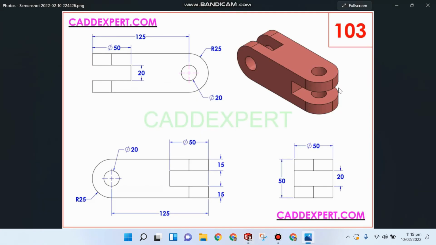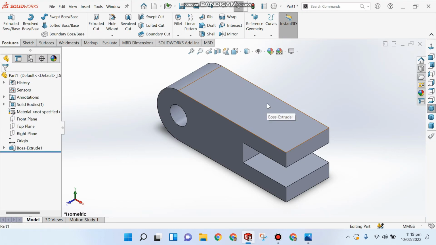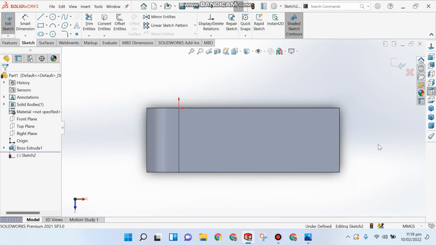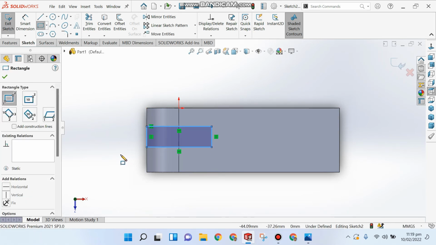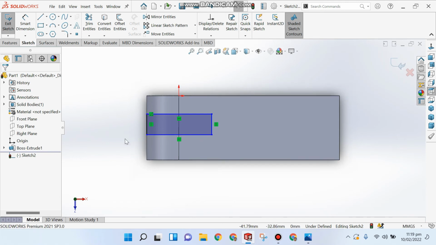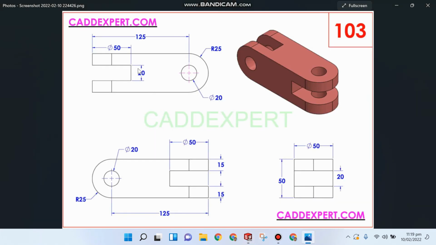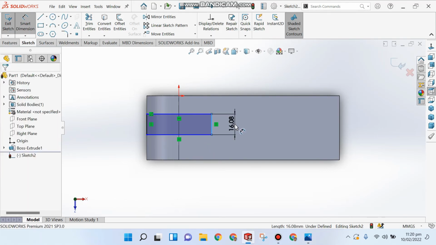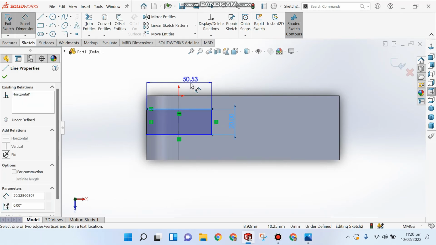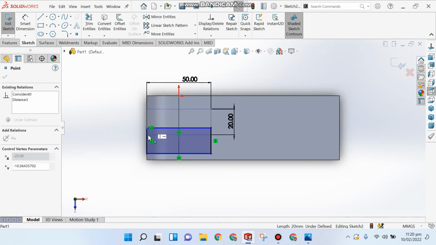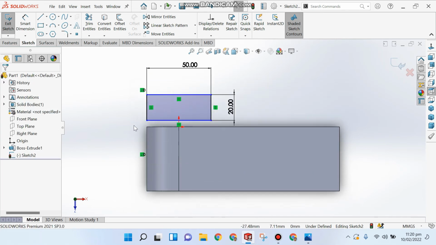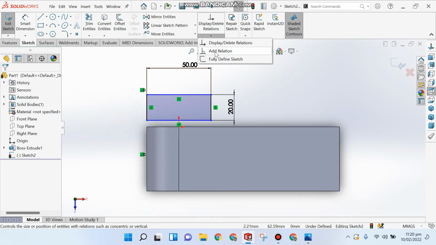so this fillet is remaining, the hole and this cut. So for that I'm going to select this face and click on sketch. I'm going to select a rectangle and the dimension is 20 by 50. As you can see, this rectangle is not in the center, so for that I'm going to add relation. You can also add a relation from here. Add relation,